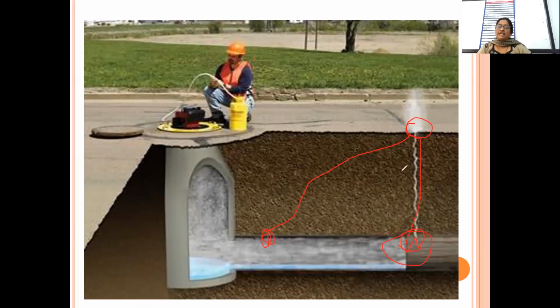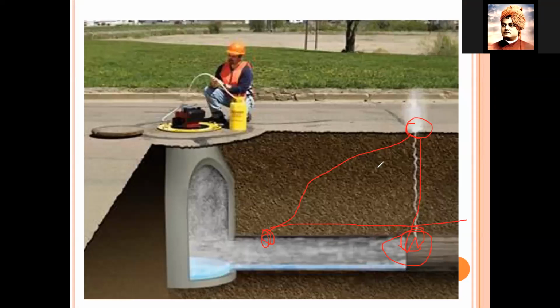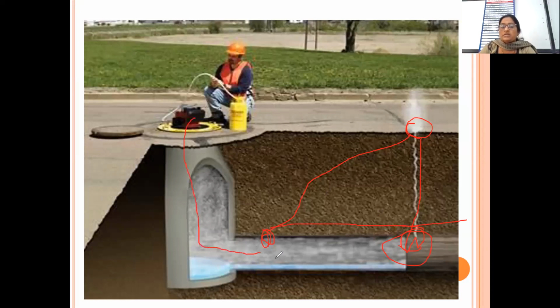So in that case, we cannot judge from the surface, and unnecessary excavation to this side or this side would be wasteful. For taking the exact judgment, there are some other equipments, or simply you can find out through this way itself the exact location of the leakages or the obstacles, and then you can provide the necessary arrangements.